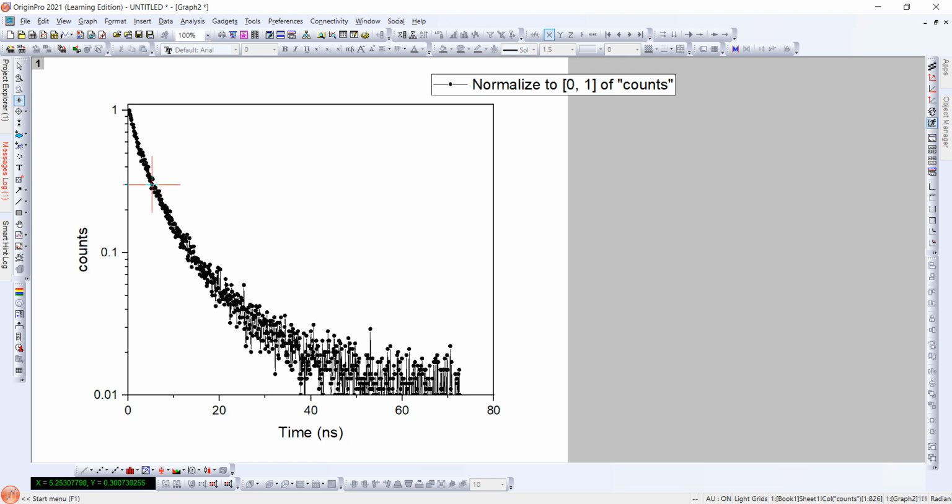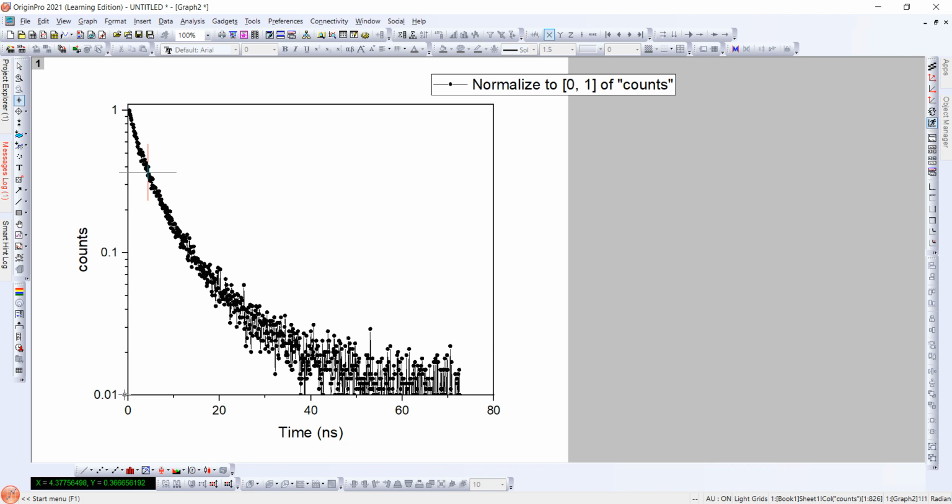So go for the 0.37 value. So this is nearly 0.37 value, and the corresponding value of x is 4.37. Means for decay to 37%, the time required for this sample is 4.37.